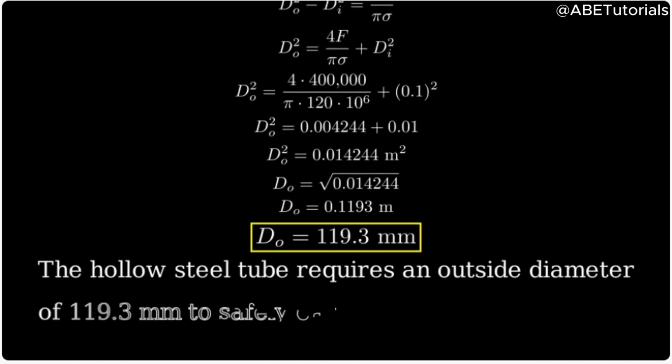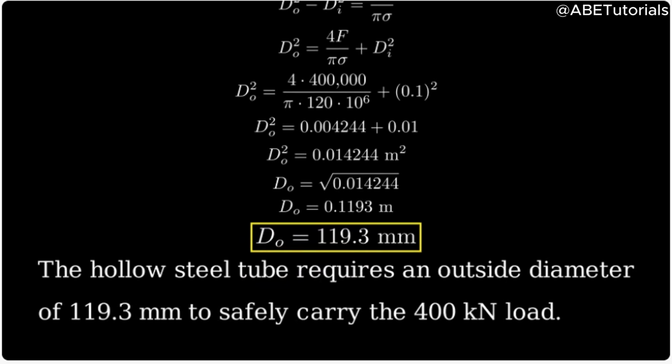So, to summarize, for the hollow steel tube with an inside diameter of 100 millimeters to carry a tensile load of 400 kilonewtons while keeping the stress at or below 120 meganewtons per square meter, the outside diameter must be approximately 119